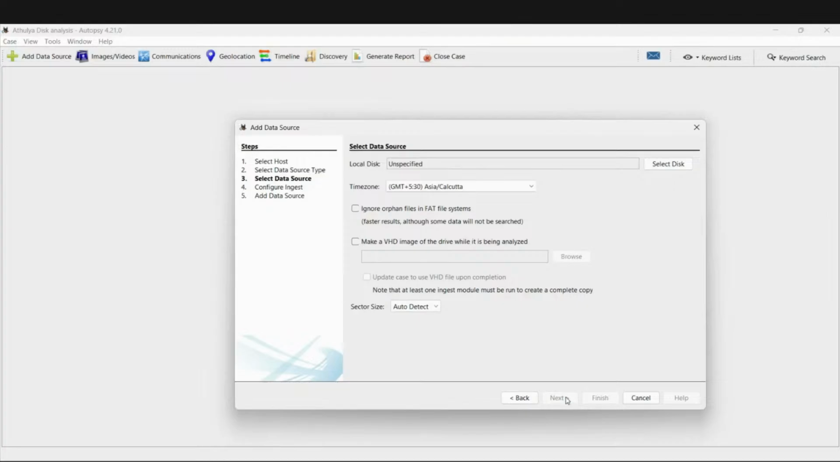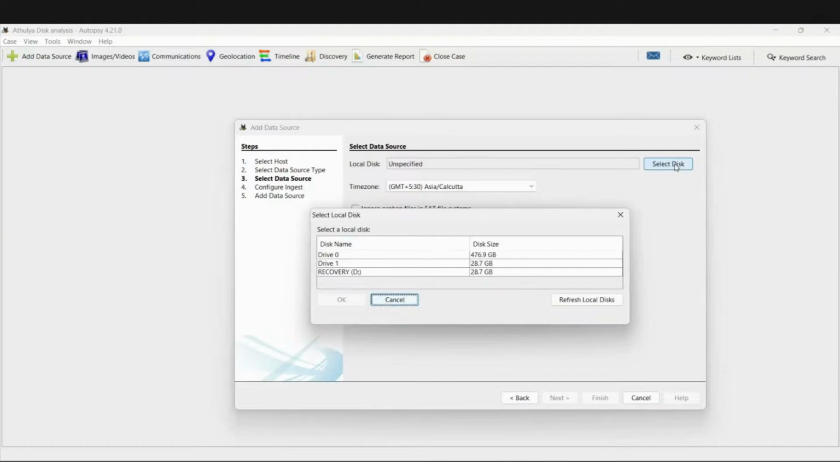Yeah, selecting the local disk on the computer. So we have to select a disk which we are going to work on. I have inserted the recovery D, the old pen drive I told you about. So here